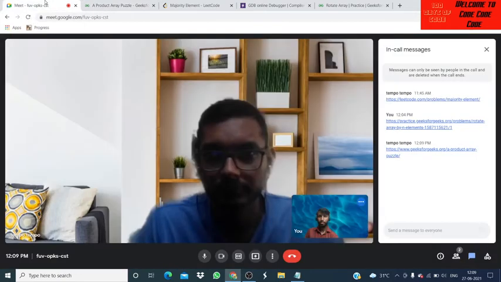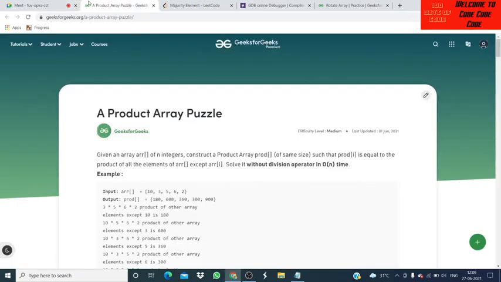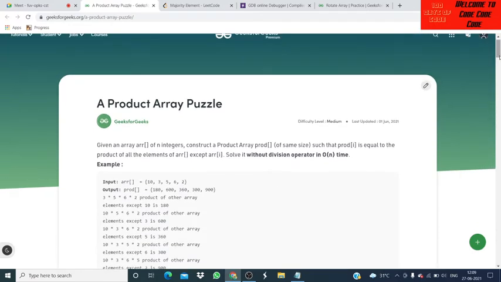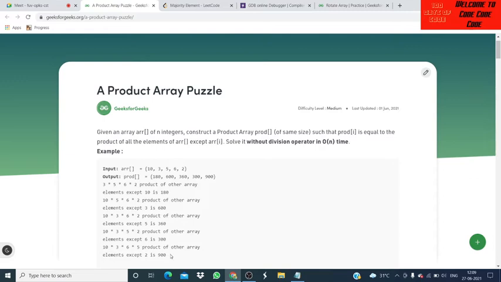Product array problem. So I copy the example.